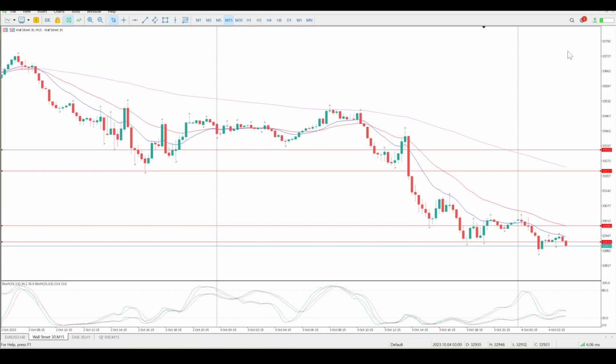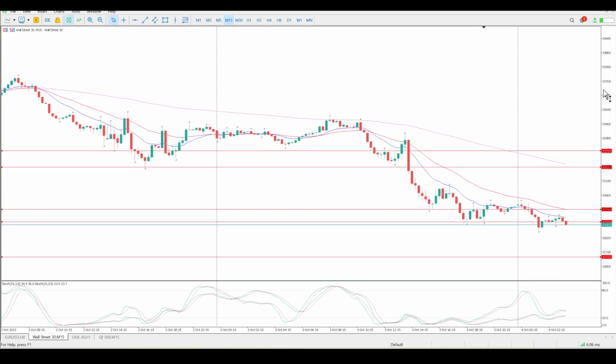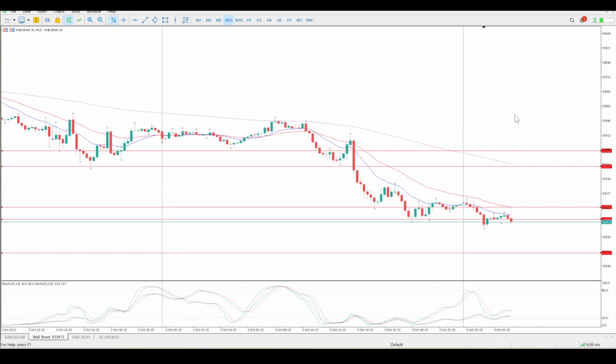Just keep it in the back of your mind that on the higher time frames, oscillators are really starting to look oversold. Granted, they can stay oversold for extended periods of time, but I would be very cautious about just jumping in at the moment. I'd want to see at least oscillators grouping to the upside here on the 15-minute. I want to see some decent structure. If we do get up to this zone up here,